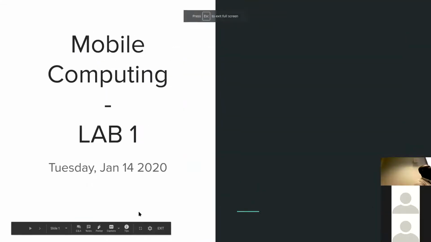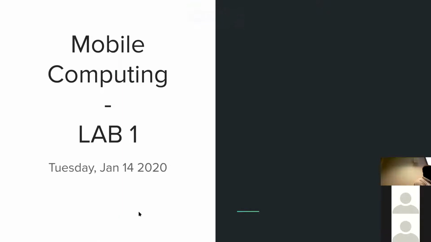Good morning, everyone. You are welcome to the first lab session for the mobile computing course. Today is supposed to be a very introductory course, so we are going to go through how to install Android Studio, which is just very quick, how to create a new project and then sharing it on GitHub, and how to run the project on an emulator, and also how to run it onto a physical device. So,